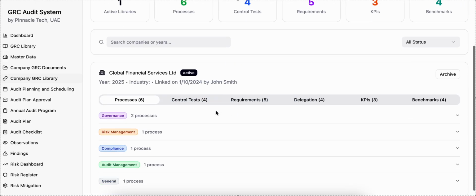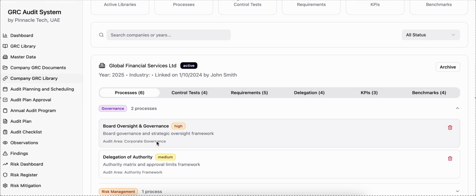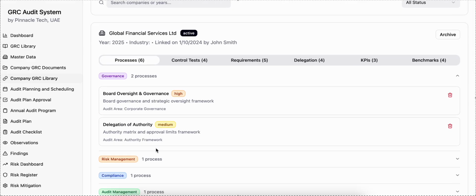What does that mean? You would have the processes copied from the global GRC library that has an AI update. At the same time, you have company GRC document processes, which end up giving a holistic, finalized version of